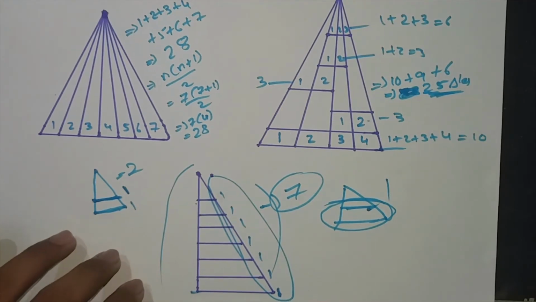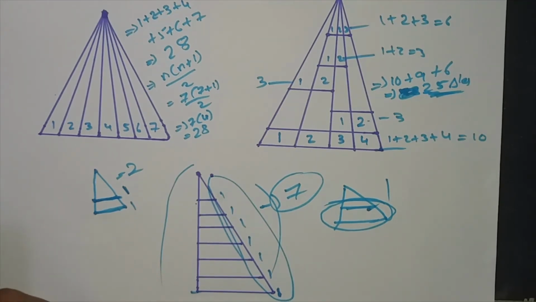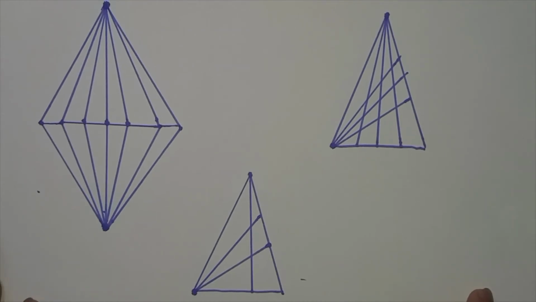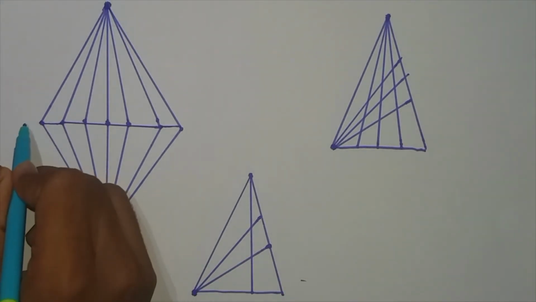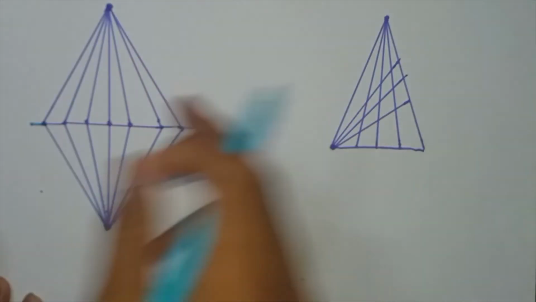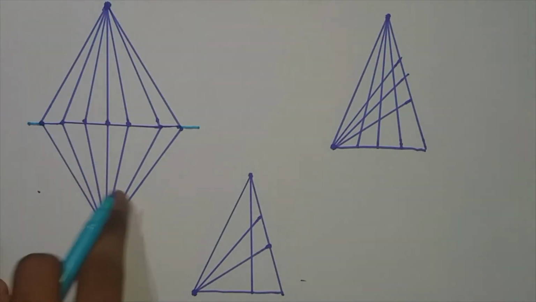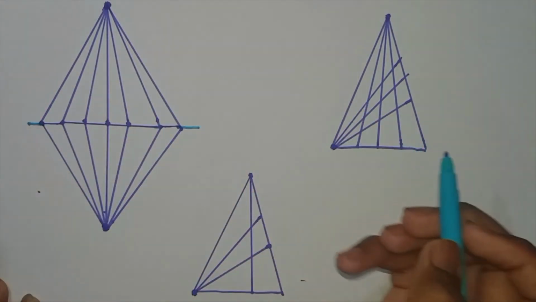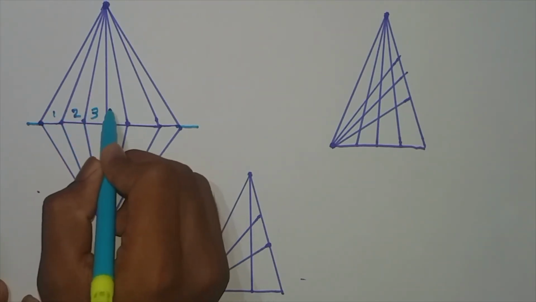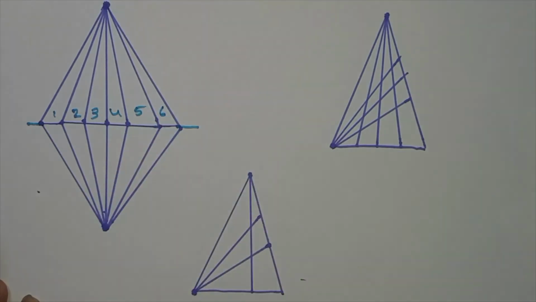So we will solve another example which is more difficult. So this is the given question which is asked many times in many competitive exams. It's diamond shaped and it consists of so many triangles. So don't panic, we will solve it in a very simple method. As I previously told, write natural numbers for every part. That means here there are two parts in this question. This is the first part, this is the second part. That means write natural numbers 1 2 3 4 5 and 6.